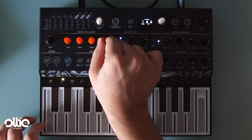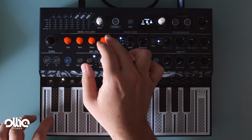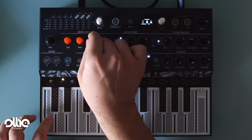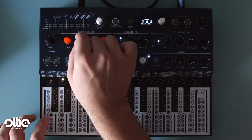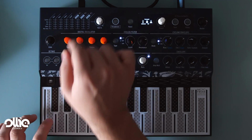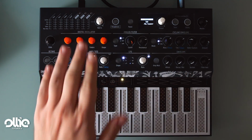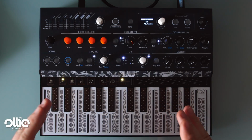I'll set the shape of the oscillator for about 60% or so. I'm going to set the timbre for around 75%. And the wave, I'll set it for about 50%. So now we have some sort of a saw wave going through a 4-month filter type of thing. I'll leave the oscillator like so for now, and I'm going to program a really simple sequence using the sequencer